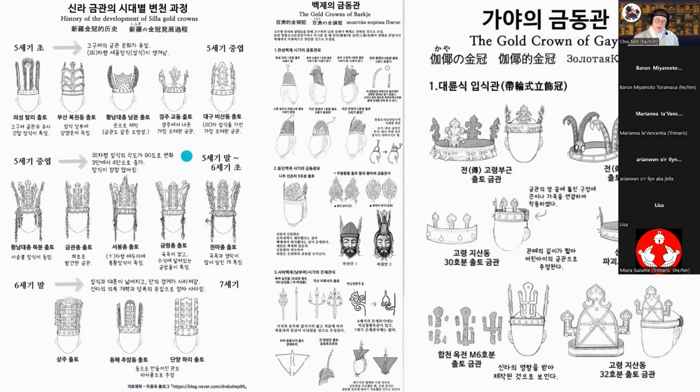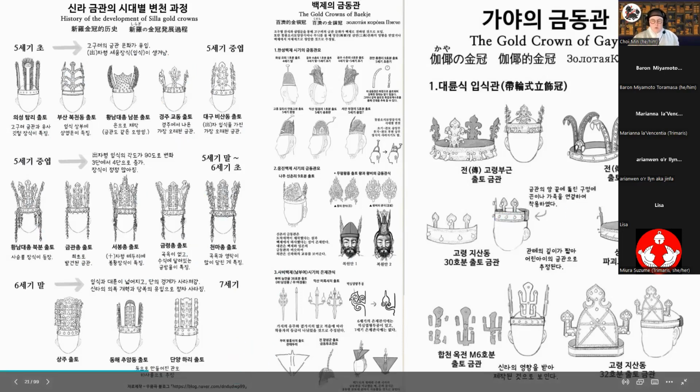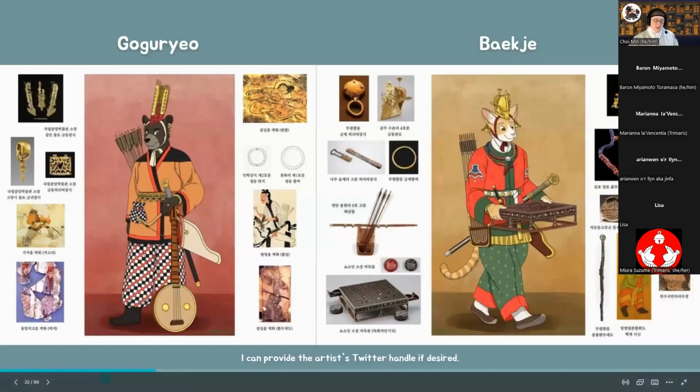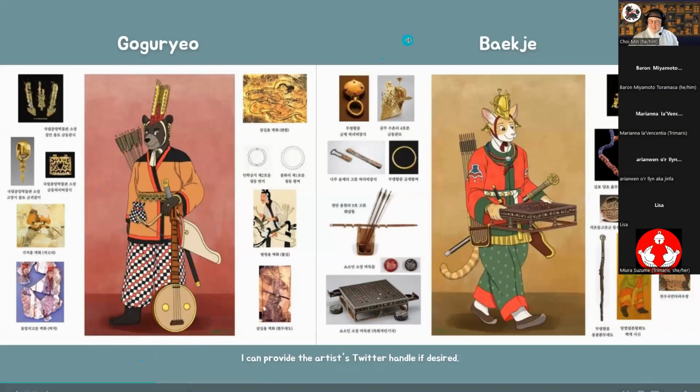And another flex is the Silla crown is not passed on; it is buried with the ruler. So that's why there are so many crowns, because each ruler basically had a self-commissioned crown, if I'm recalling correctly. Don't quote me. So anyway, I found a very good furry artist that does historical art too, and I think they're kind of cute.